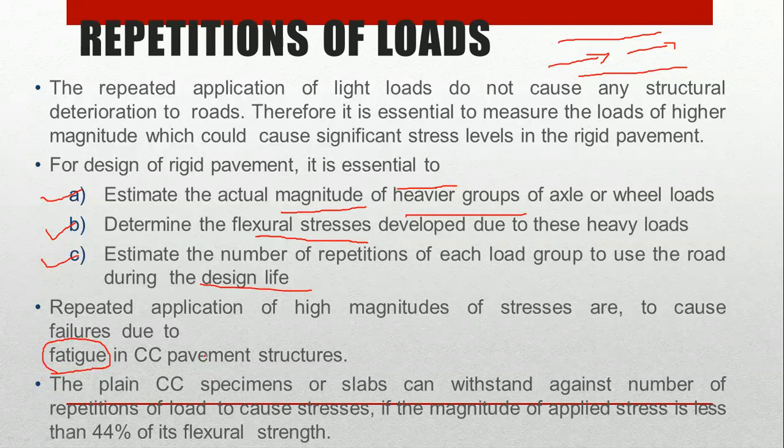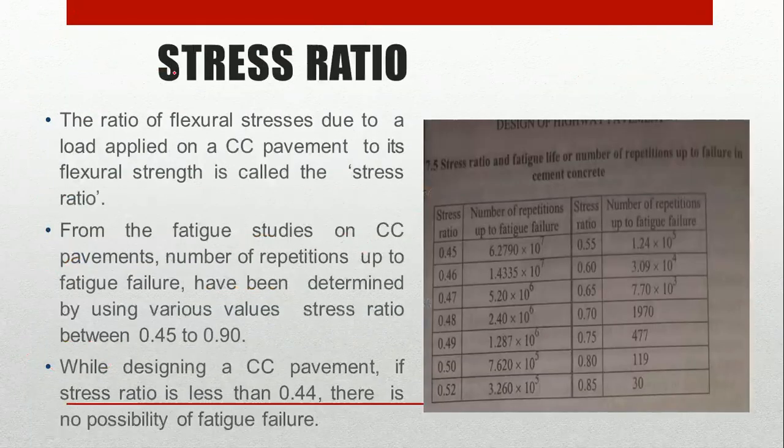So what do we mean by fatigue failure? Fatigue is nothing but this: there may be some weakness in the materials used for the construction because of the continuous wheel loads acting on the pavement surface. If any failure occurs because of the continuous application of the repetitive load, where there is a weakness in the material, then the failure occurs. That type of failure we consider as fatigue failure. Therefore it is a very important parameter to determine the repetitive load acting on the rigid pavement.